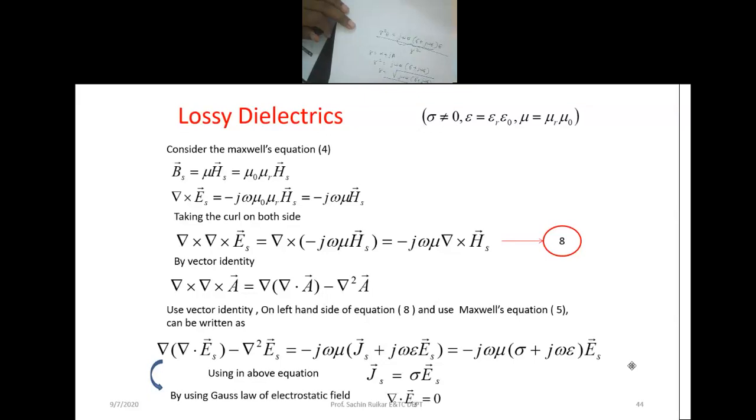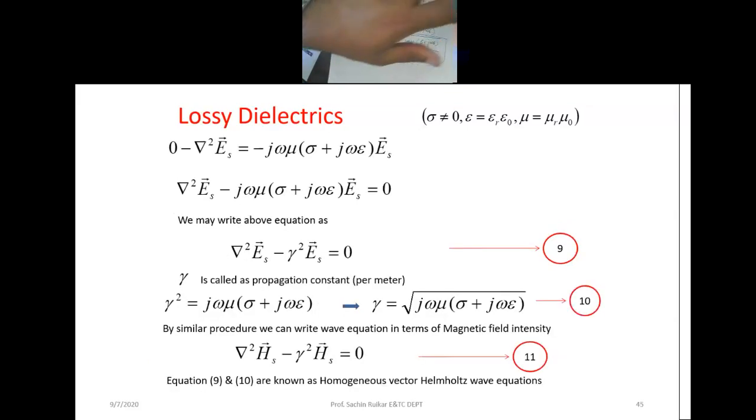Now our aim is to solve these equations so that we get the alpha plus j beta term. For free space, from the given equation, attenuation is 0. But if it is a lossy dielectric, attenuation is not 0. Some factor alpha is there, and similarly some factor for beta is there. If you solve these equations clearly, you will get the terms alpha and beta for the given medium.